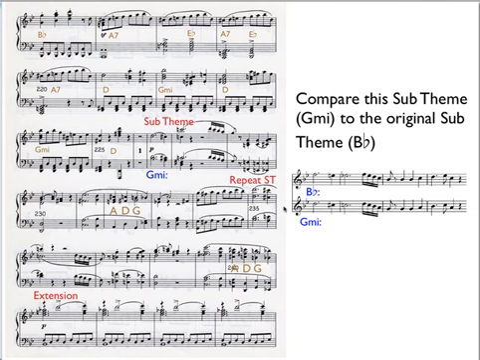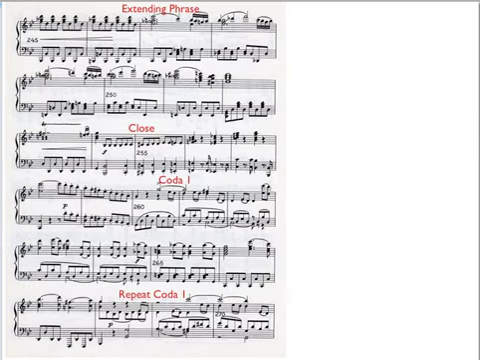Although the first time we heard it in the exposition, the sub-theme was in B flat, and now it's in G minor. So it looks very similar, sounds very similar, just in different keys. There's a repeat of the sub-theme and the extension, same as in the exposition. And we have an extending phrase, and then the closing theme, and then the codetta 1, repeat of codetta 1,